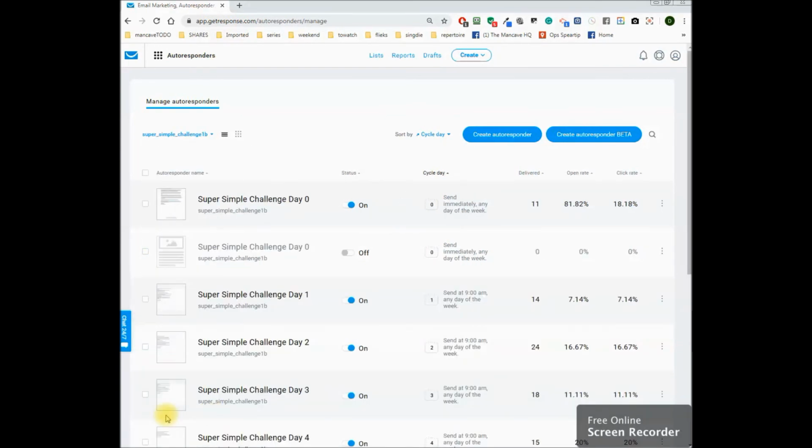Alright, so we're going to go back and show you the mails that we've already sent, the ones that we're currently sending out to you, those autoresponders, because I just want to talk some stats here. There you can see we've got day 0, 1, 2, 3 underneath each other if you go down. So let's look at the stats. We've delivered 11 of those. We've had an open rate of 80%, but we've only had a click-through rate